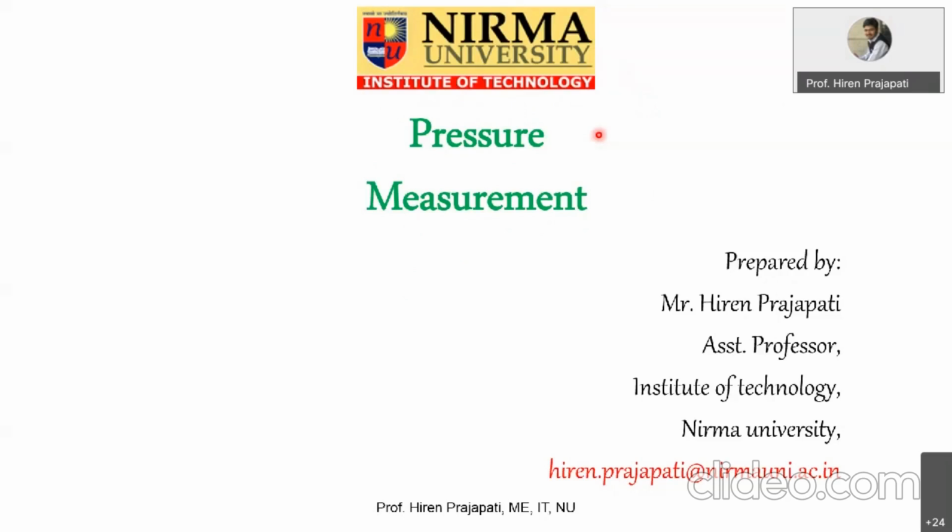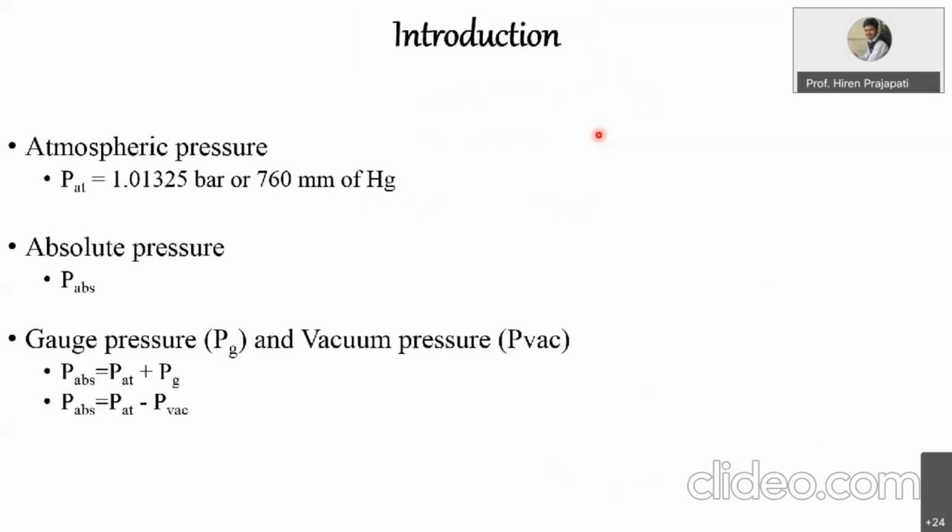In today's session, we'll be discussing pressure measurement instruments. First of all, three different types of pressures: atmospheric pressure, which is surrounding us, then absolute pressure, and gauge pressure. You are quite familiar with these terms because you already learned this in the fluid mechanics course. Whatever pressure we are measuring using measurement instruments is with reference to the atmospheric pressure, and that's why the pressure measured by an instrument is called